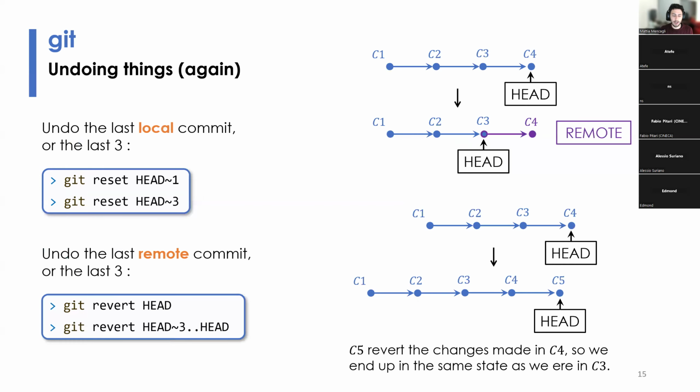So let's come back and see again how to undo things in Git, but this time also speaking about the remote repository. We already see git reset that is used in this fashion for example, to reset the last commits or the last 3 commits, for example. This is a short cartoon to understand this example. This was the state of your repository at the start. After resetting the last commit, your head will come back. You will completely delete the C4 commits locally, but remotely, if you already push that commits on the remote repository,